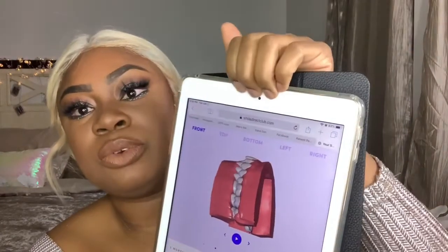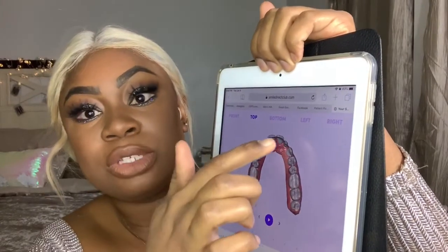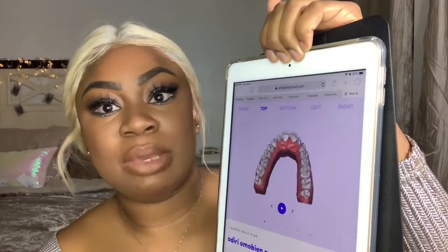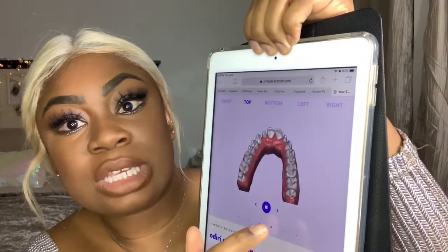Oh, I'm sorry. So up here, this is your front view. Then it goes to the top view, so it'll pull your teeth, what it looks like from the top. And this is the part that had me concerned, because I was looking at it, and when you pull your teeth together,